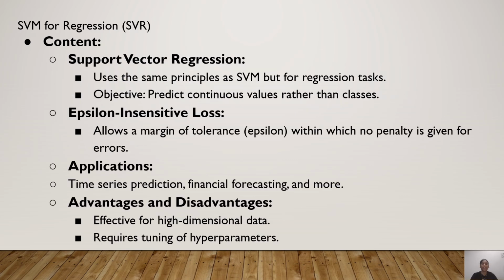SVM for regression: this uses the same principle as SVM but for regression tasks. The objective is to predict continuous values rather than a set of classes. Epsilon insensitive loss: it allows a margin of tolerance, that is epsilon, within which no penalty is given for errors. The applications of SVM for regression are time series prediction, financial forecasting and more. The advantage is that it is effective for high dimensional data, and it also requires tuning of